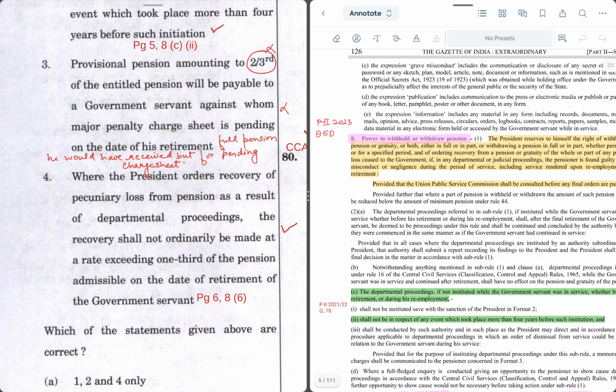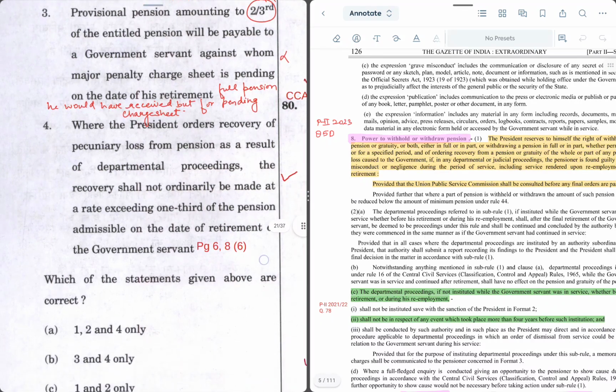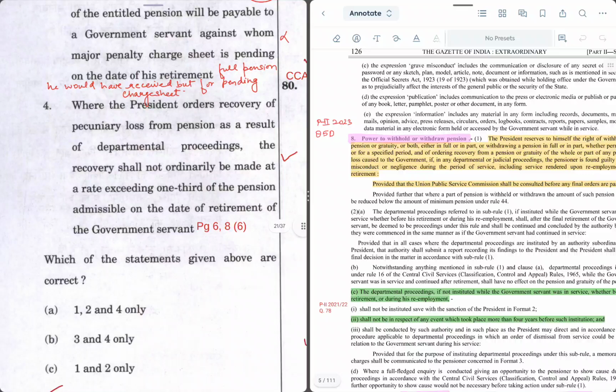Therefore, this statement is also incorrect. He will get full provisional pension in this case. Statement 4 says where the President orders recovery of pecuniary loss from pension as a result of departmental proceedings, the recovery shall not ordinarily be made at a rate exceeding one-third of the pension admissible on the date of retirement